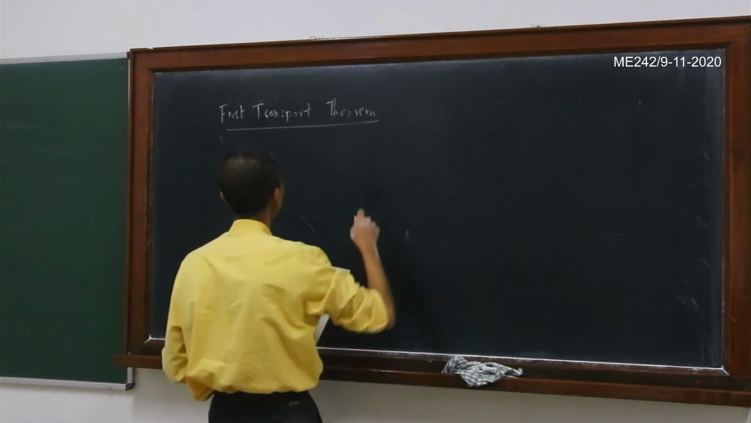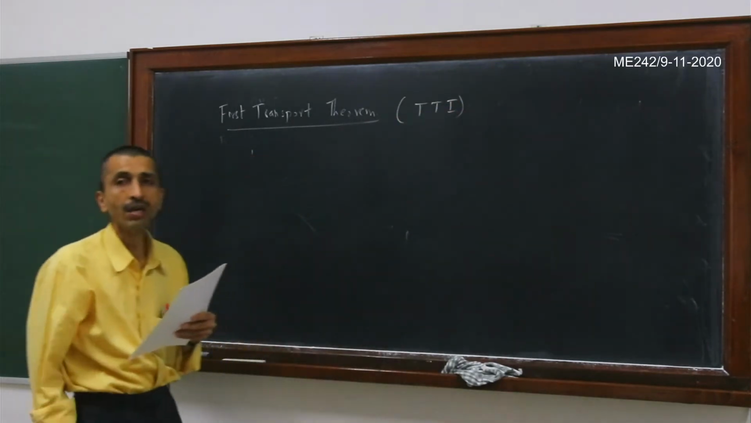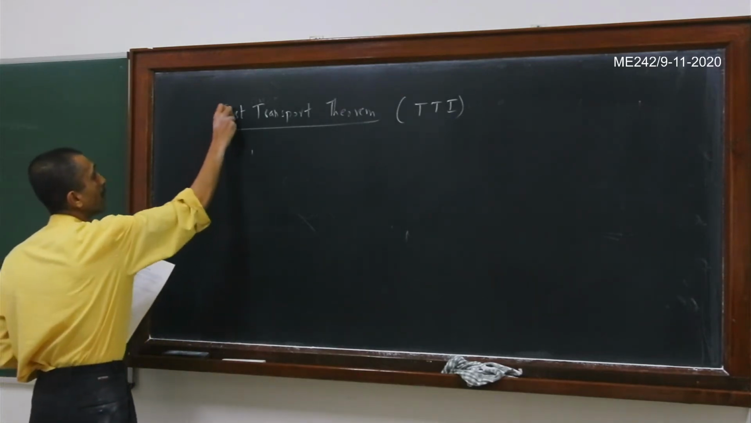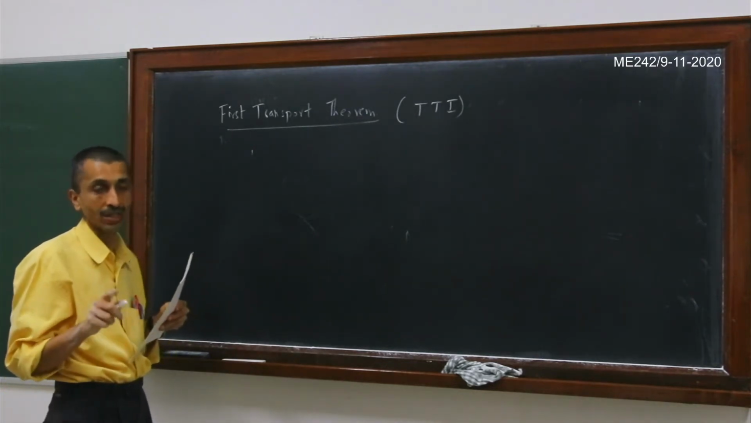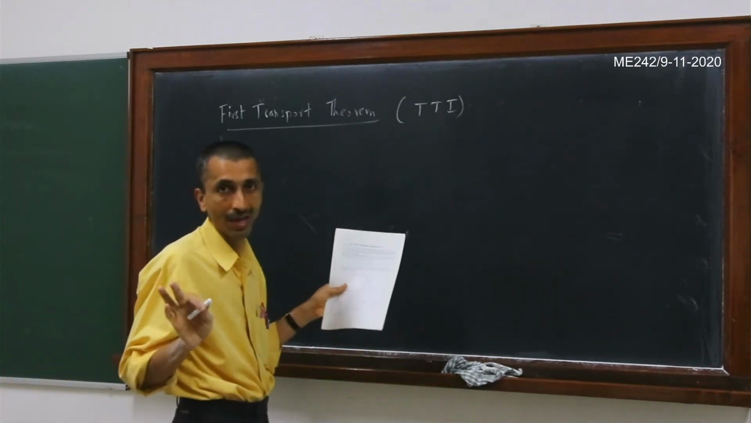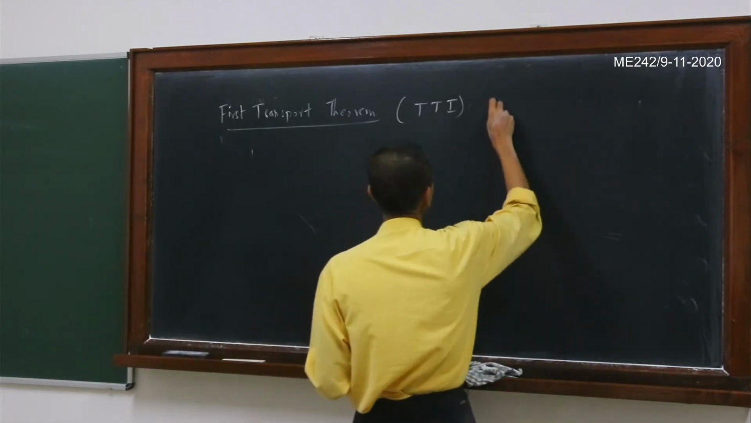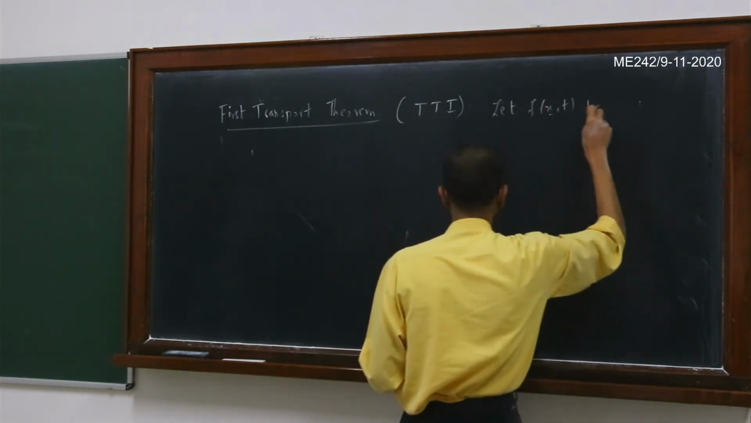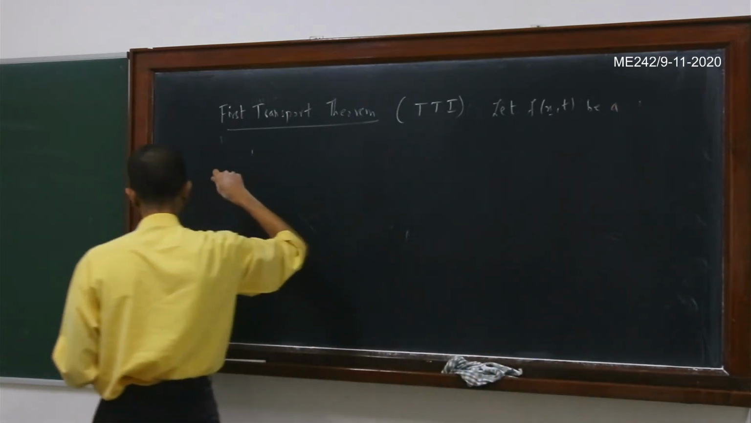So this I will abbreviate as TT1. TT1 stands for transport theorem 1 because there is going to be a transport theorem 2 also. The transport theorem 2 I will cover after the balance of mass because that relies on the balance of mass. This transport theorem 1 doesn't depend on the balance of mass, and so that is something that I will derive first. Okay, so let f of x comma t be a continuous